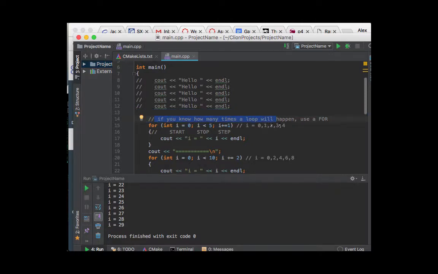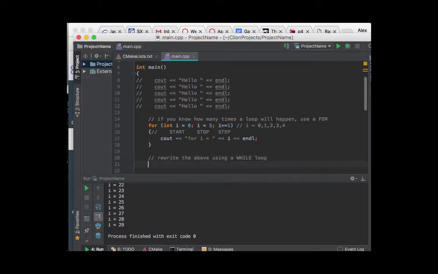It's not good practice to use a while loop instead of a for loop if you can use a for loop. So I'm going to put a little for in there, just like that. And then I'm going to rewrite